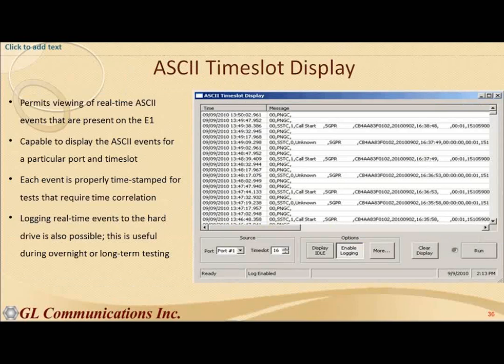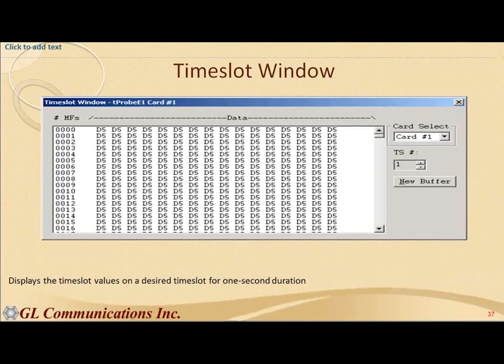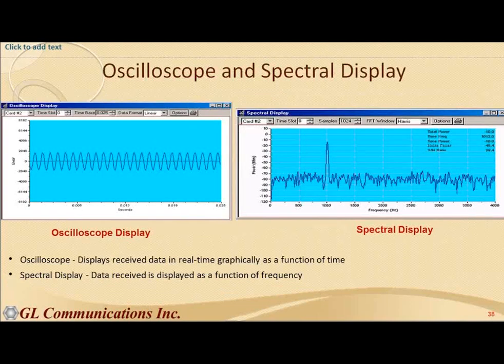Sometimes you can use T1/E1 time slots to transmit ASCII information. We have an application for that. If you want to just zoom in on a particular time slot, you can do that with this. And of course, my favorite applications are these applications that